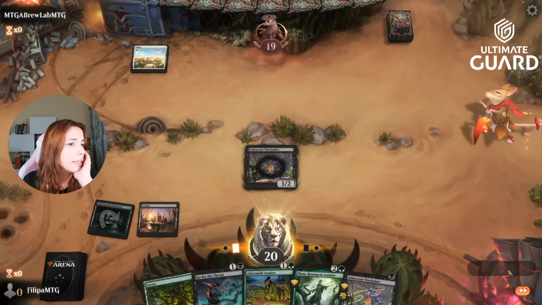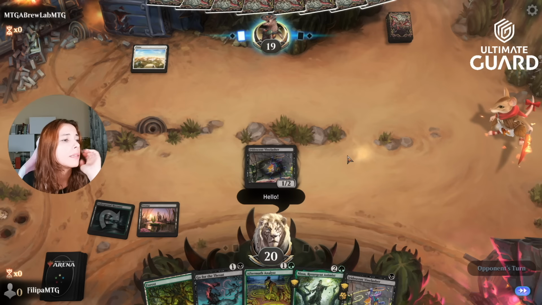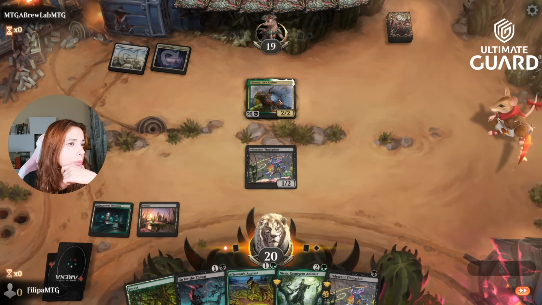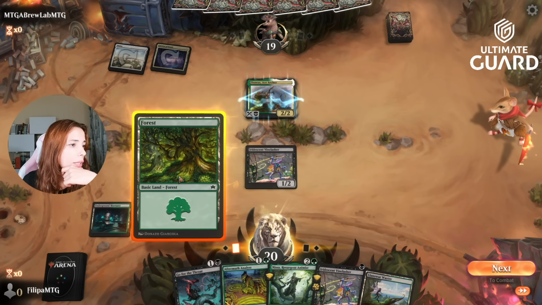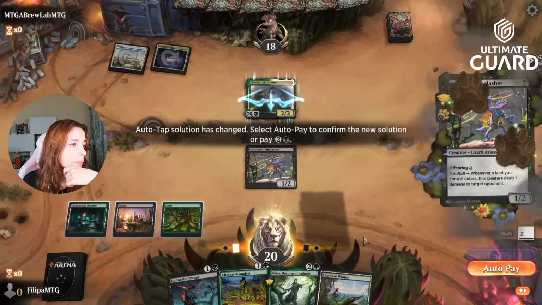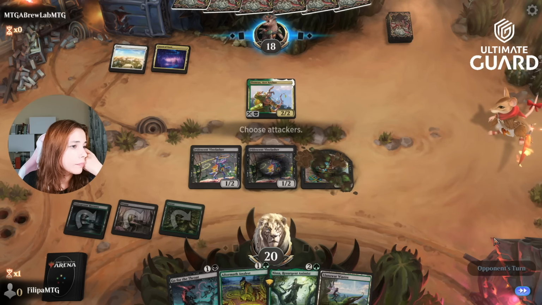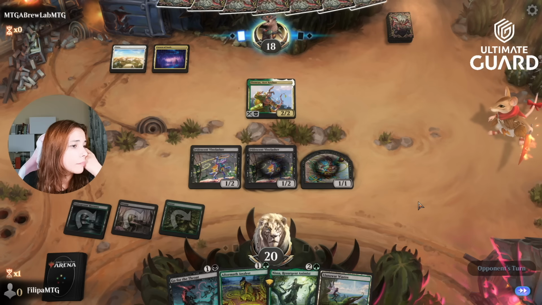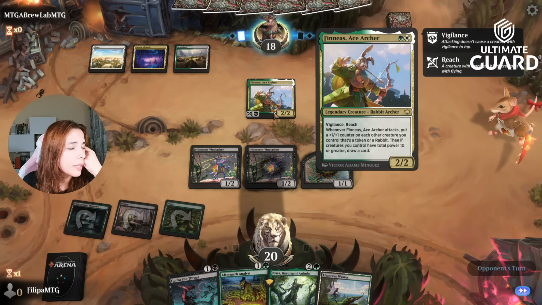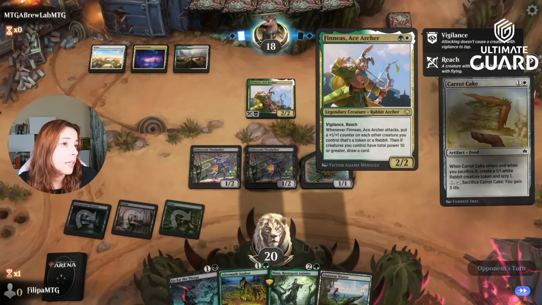Good game already. Oh, it's MTG Brew Labs. Okay. Ooh. That's a cute little rabbit, isn't it? Next turn I can do Nissa and Aftermath Analyst. Whenever it attacks, put a +1/+1 counter on each other creature you control that's a token or a rabbit. Then if creatures you can...